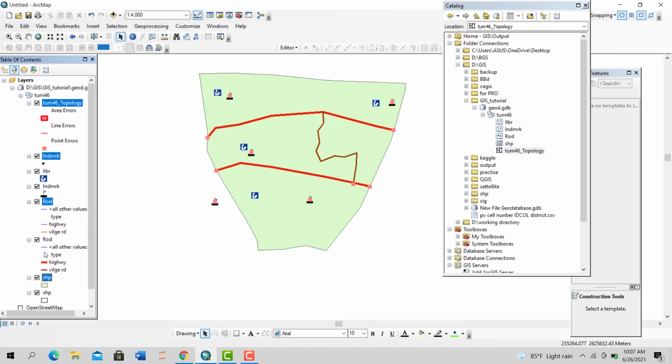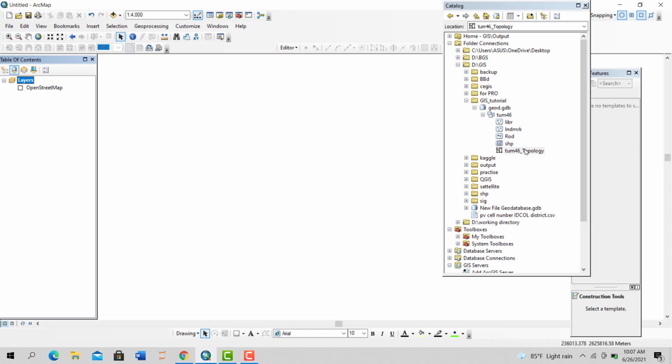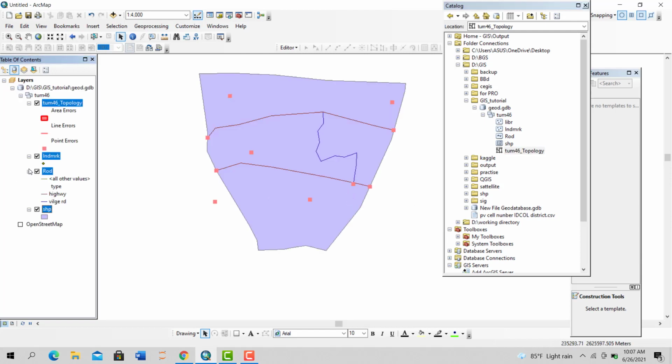Now we got a huge dataset. Yeah, let's just delete all of them at first. Then again, yes, now it's okay, fine. So you can see these red points are telling us these are some errors. Actually this is not an error, because these are our school points. So what, there is no school point. So to inspect that, you need